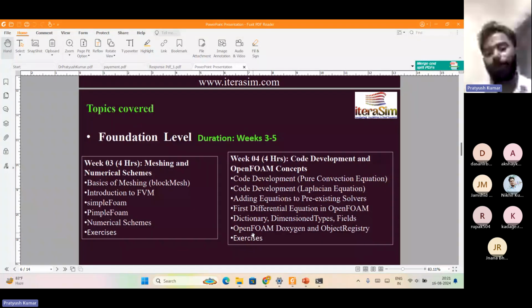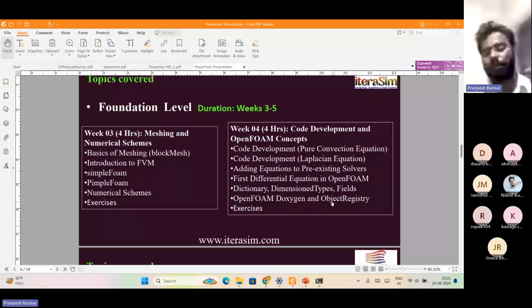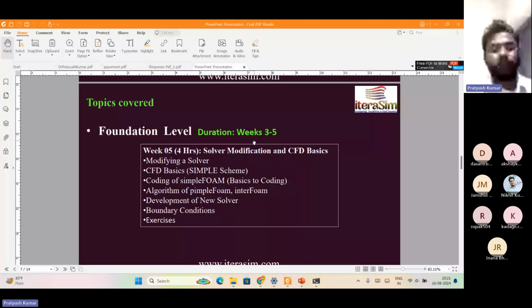Okay, so as you already know, OpenFOAM completely works on the object registry. It always creates one object, whatever things you are specifying as a variable. So that is where the object registry is important. This complete aspect we are going to discuss in week 4, and after that week 5 is about solver modification,